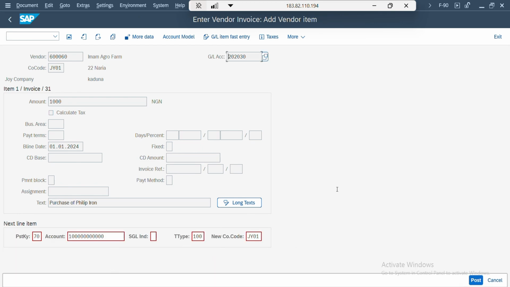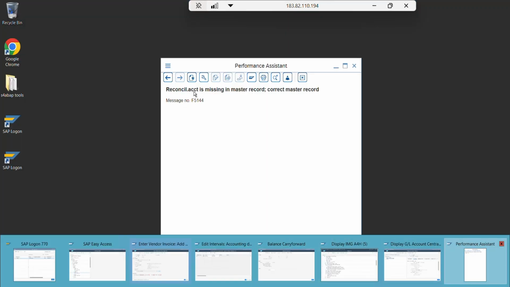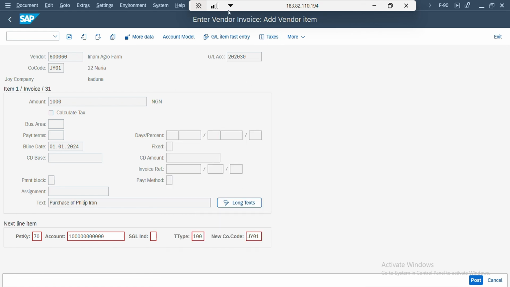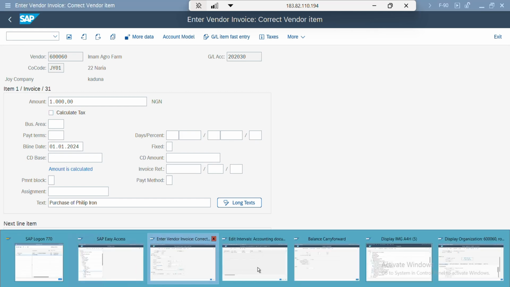Let me double click. Let me see the error again. This one. So it's saying reconciliation account is missing in master record. Correct master record message in F541. Okay, fine. Let's look at possible things. So what we can do is check,